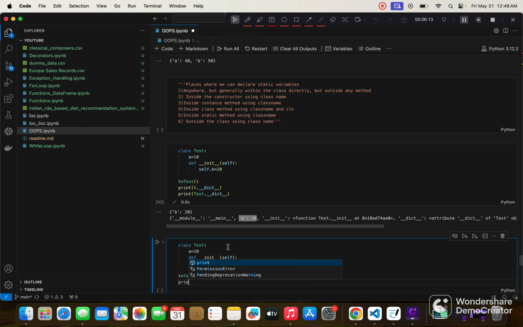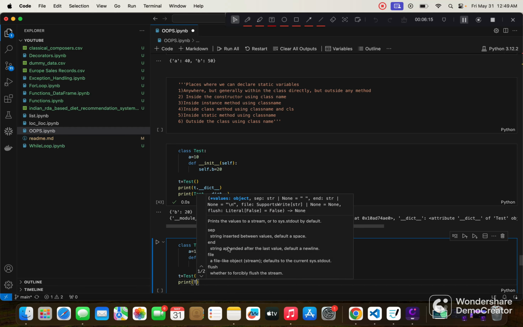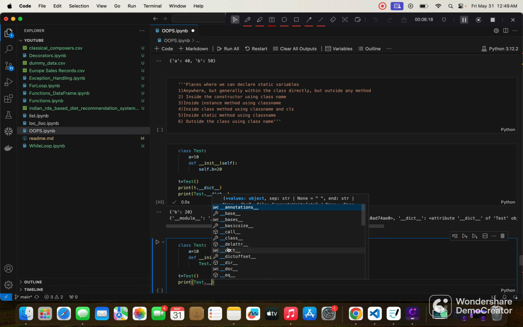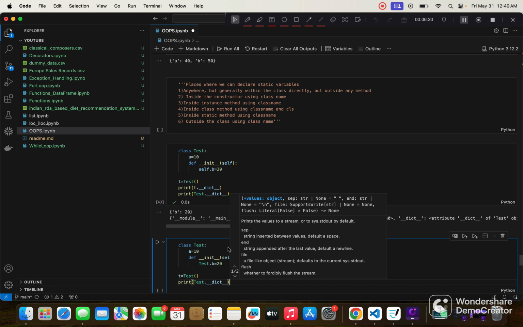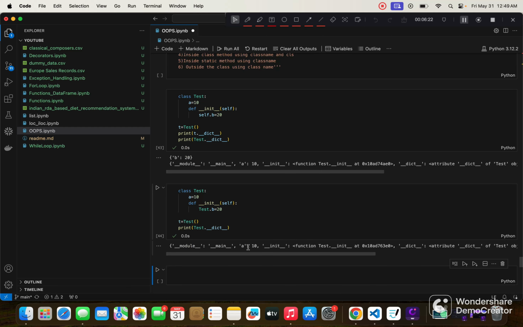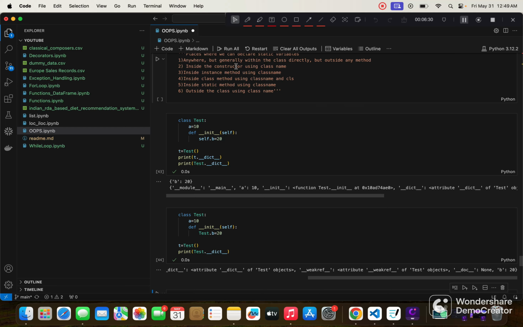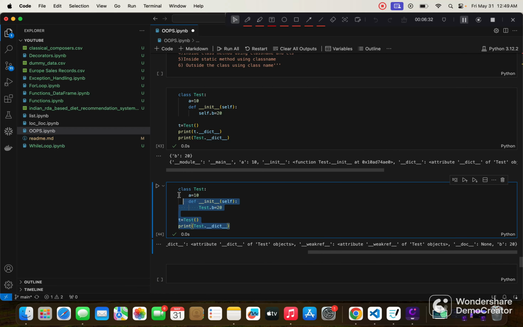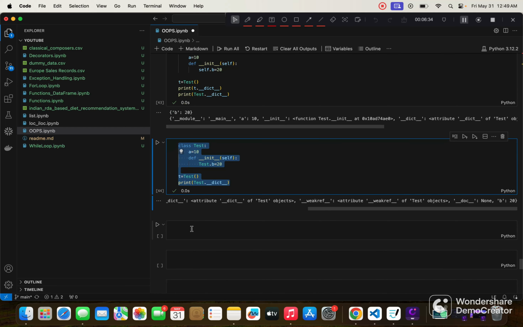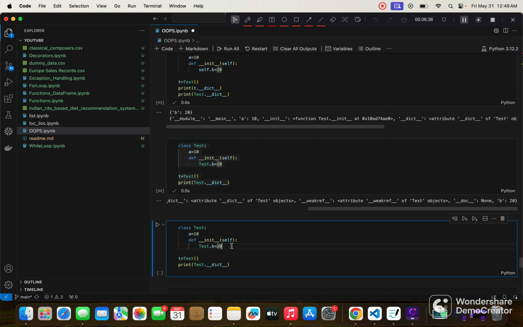Test, and here I will print test.__dict__. A is equal to 10 using the first method, and b is equal to 20 using the second method. What's the second method? Inside the constructor using class name. Okay, what's the third? Inside instance method